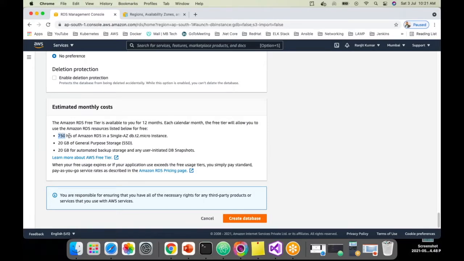It gives 750 hours of Amazon RDS. Also, the same 750 hours is for EC2 instances. If you remember, for EC2 instances, that is in a month. Yes, this is also monthly. But the thing is, 750 hours means if you're running a single instance or single EC2,